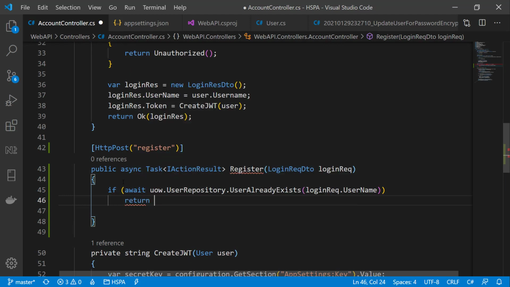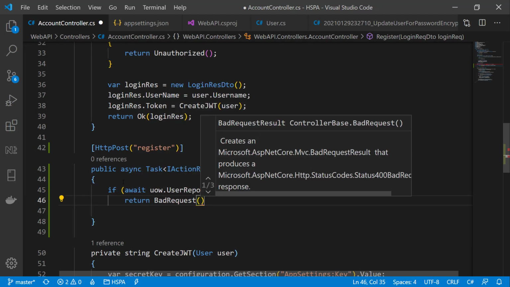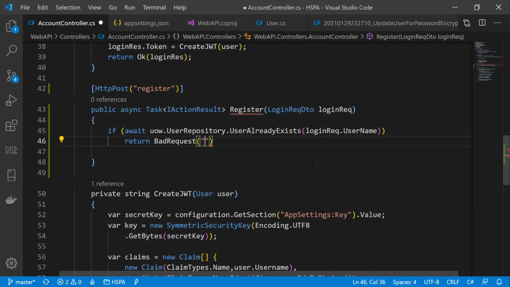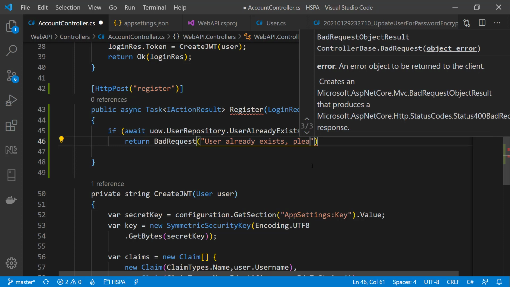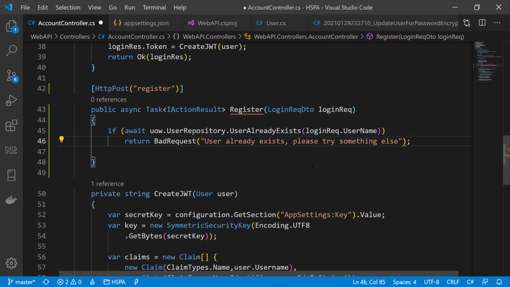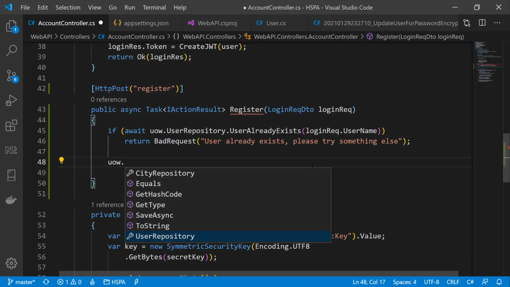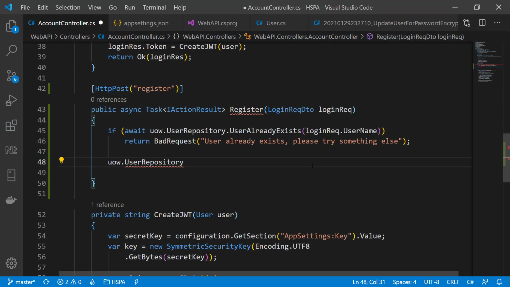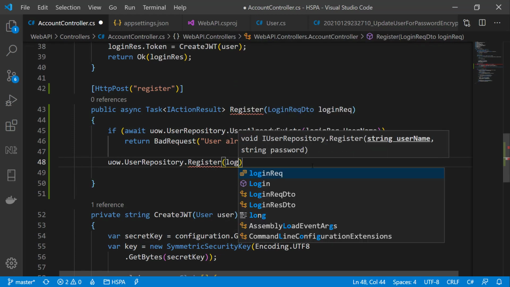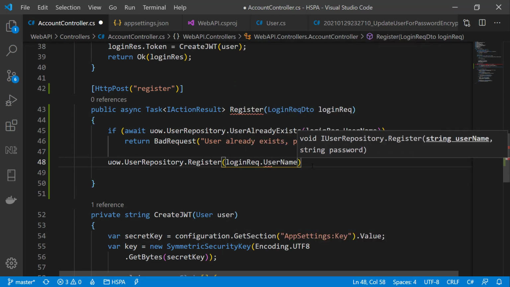And if the user already exists, let's return a bad request with the message user already exists, please try something else. Or you can use your own better version for this message. And if the user does not exist, let's call the register method on the repository and pass username and password in this method.